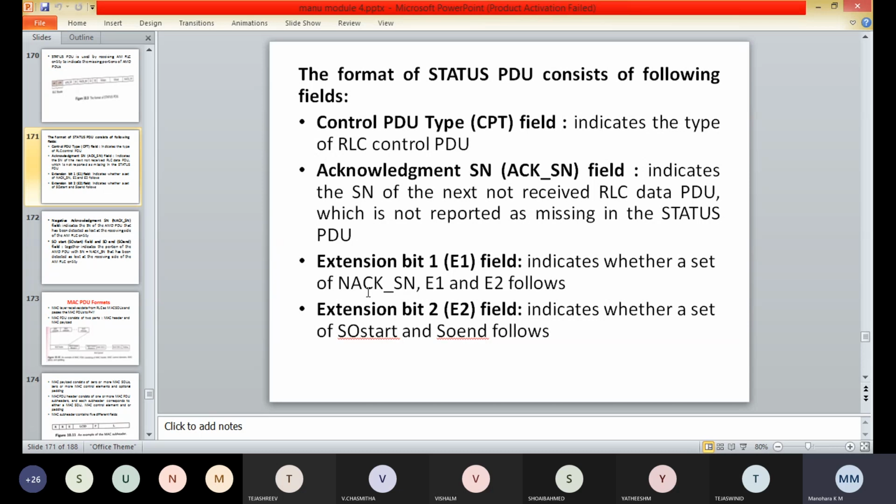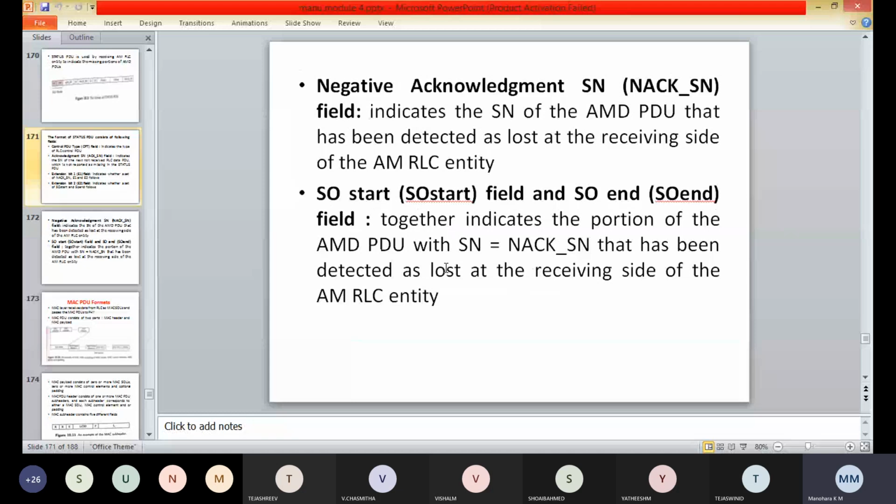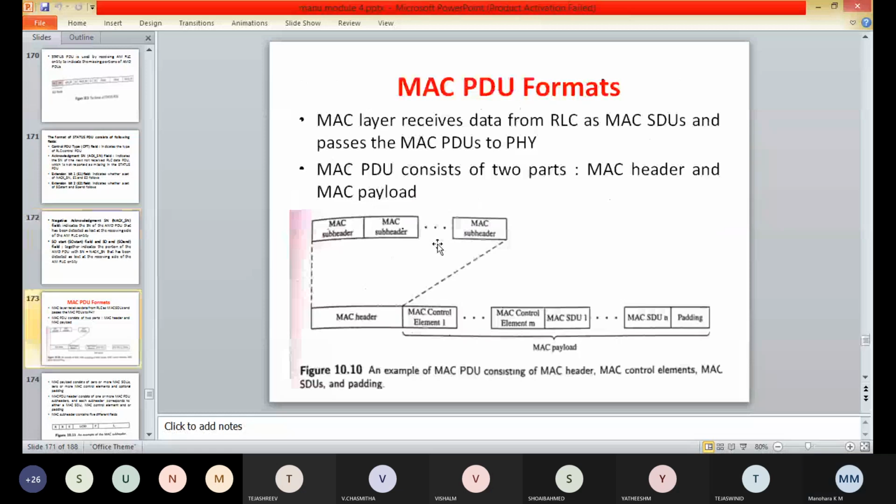This field indicates the SN of the AMD PDU that was detected as lost. Then the SO start and SO end fields. These two fields together indicate the portion of the AMD PDU that was detected as lost by the receiving entity.